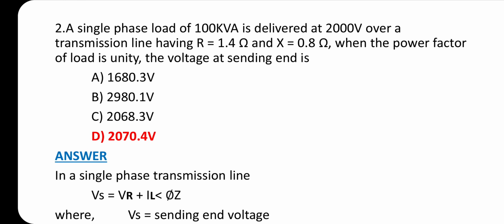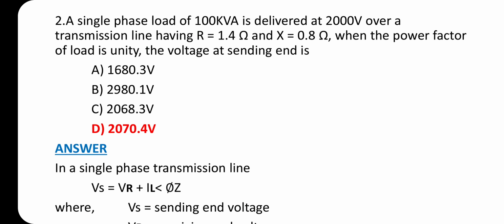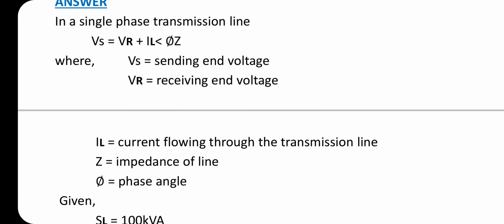Question number 2. A single phase load of 100 kilovolt ampere is delivered at 2000 volt over a transmission line having R equal to 1.4 ohm and X equal to 0.8 ohm. When the power factor of the load is unity, the voltage at the sending end is? The answer is option D, 2070.4 volt. In a single phase transmission line, Vs equal to Vr plus IL angle phi Z,